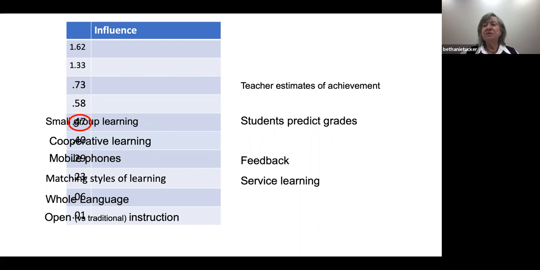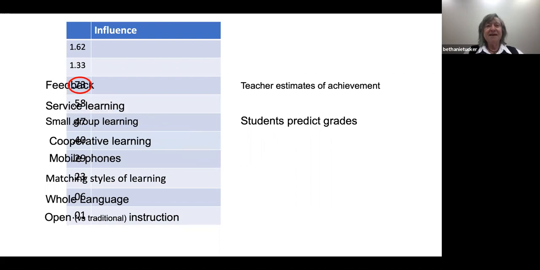But if you put me in a small group, then we can talk, and this is something that can benefit me. Next up, we see service learning. Service learning has many positive benefits, not just cognitively, but emotionally as well. Even higher,